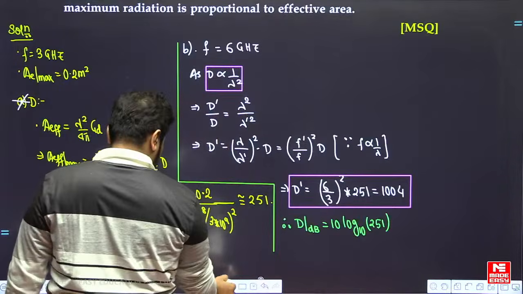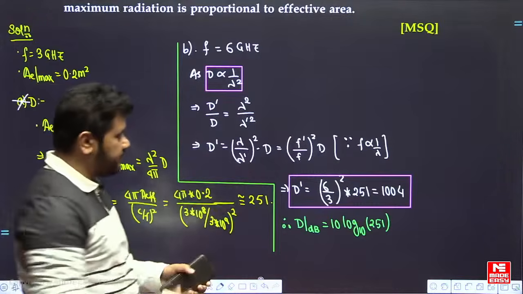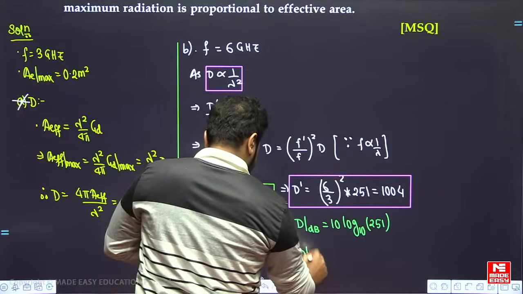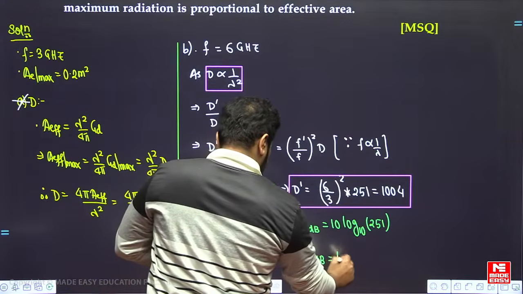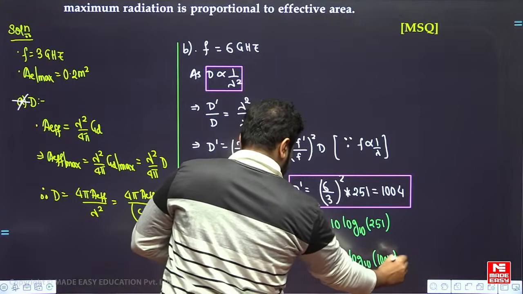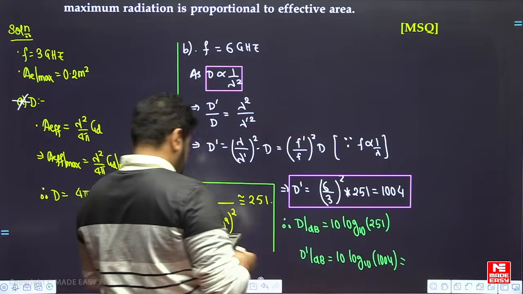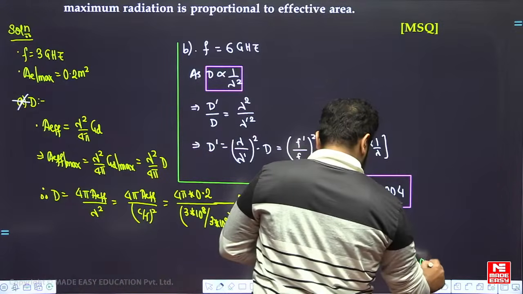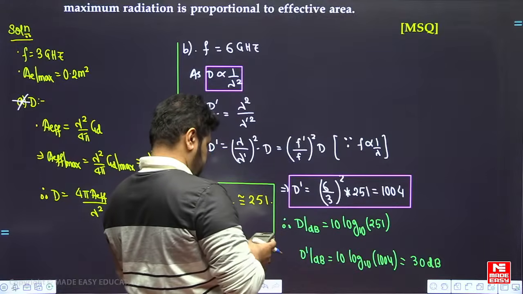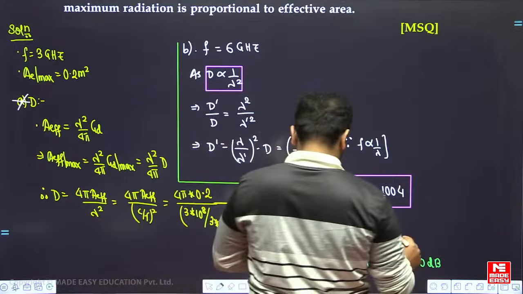So D is inversely proportional to lambda square, you can check from here because the physical area they have kept the same. Okay, so this is how much? And D dash in dB is equal to 10 log 10 of 1004. So let us find this first. This is coming to be 30 dB. Okay, so log 251 into 10, 23 point, that is approximately 24 dB,